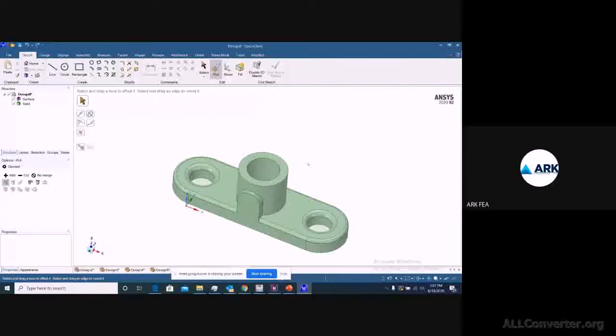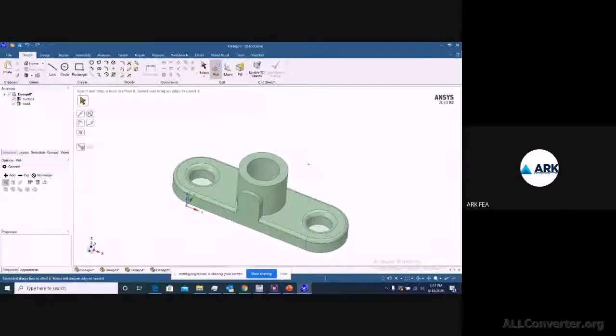So there can be a chance of data loss, that is, some of your solid bodies could get converted into surface bodies because of some surface going missing, or certain extra changes could happen, that is, your edge could get broken, or interference can happen, that is, one object can enter into the environment of another object. So those can also happen. These things we'll be seeing in tomorrow's session, how to do a cleanup when you import a geometry.